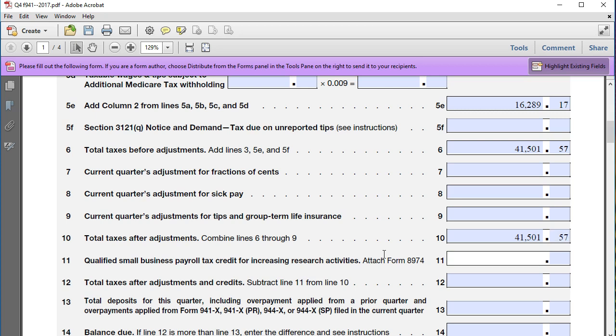Then we have the qualified small business payroll tax credit, nothing for us here. Then we have the total taxes, which will be the 41, comma, 501, tab, 57. Okay, that should be 41. All right, line 13